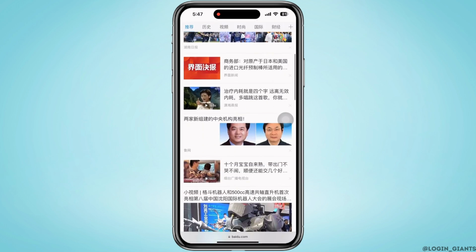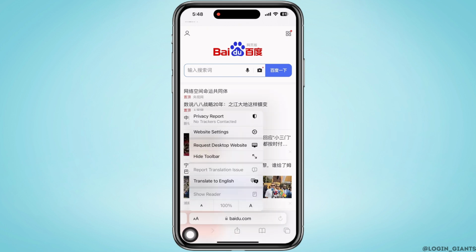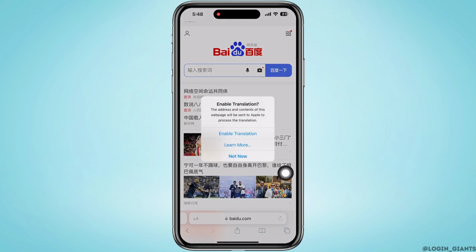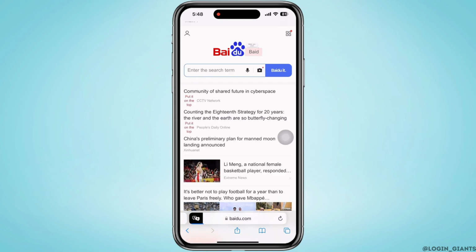Now, in order to change this, tap on the small a and capital A icon you see on the left side of the search bar. There, you will find the Translate to English option. Tap on that and now you will receive a pop-up. Tap on the Enable Translation option and you can see within seconds the entire web page is changed from Chinese